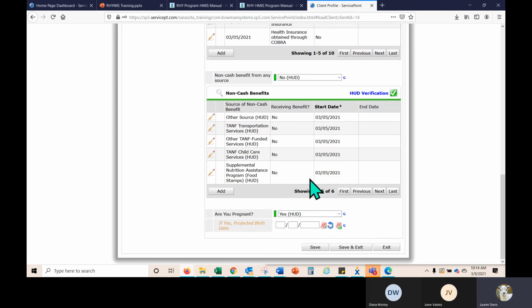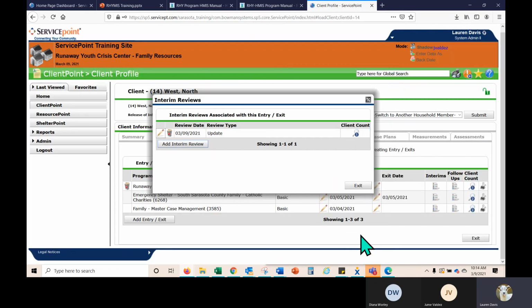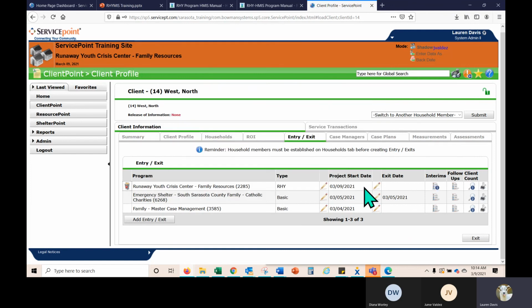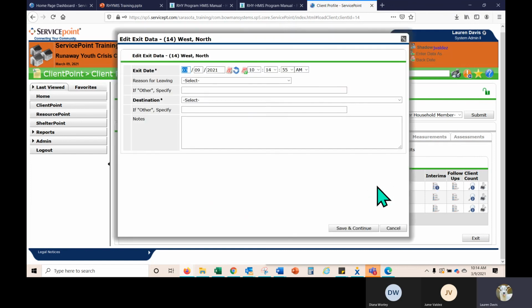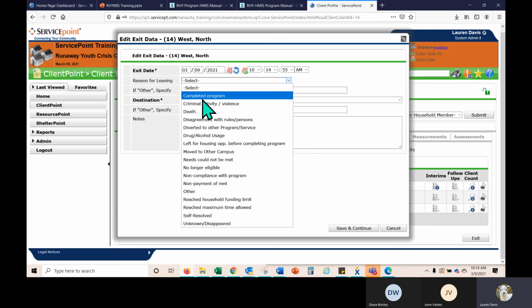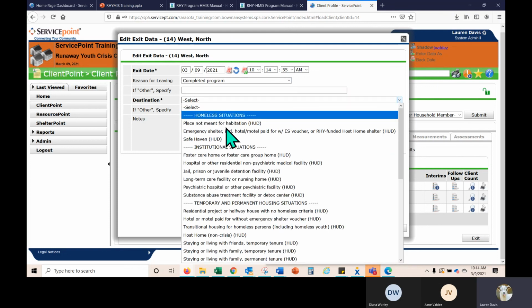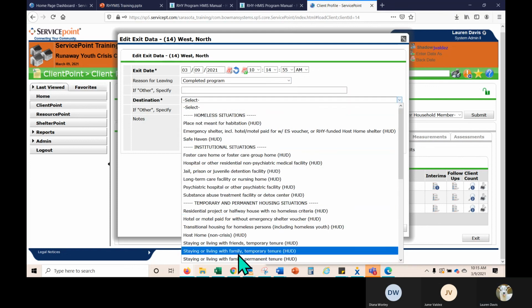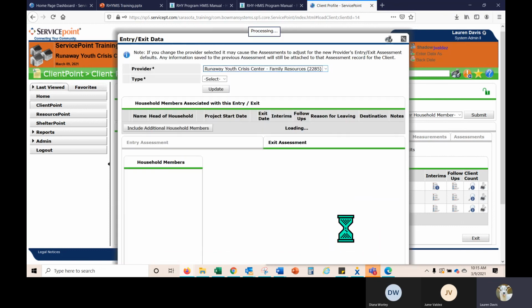So let's do that and say 9 months from now, save and exit. So this is our update. And then when we go to exit the client, permanent tenure, save and continue.